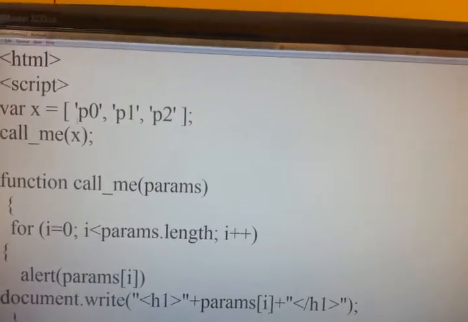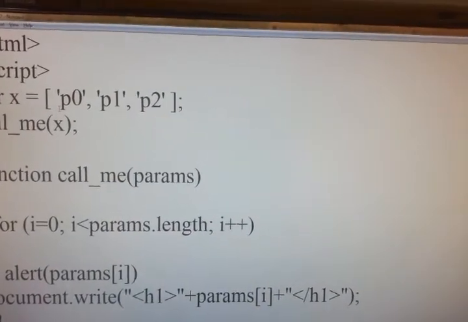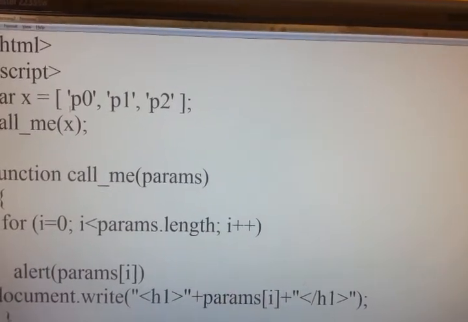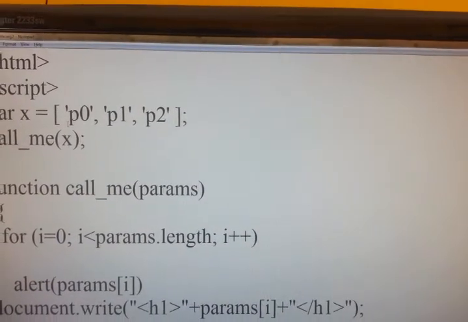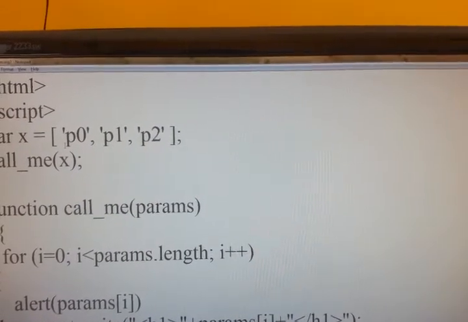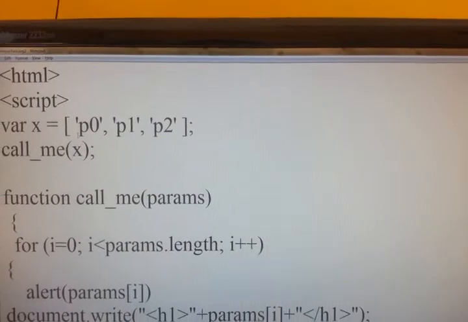If we are having multiple elements in an array, instead of writing each and every argument, we'll be iterating those things and then getting the details.